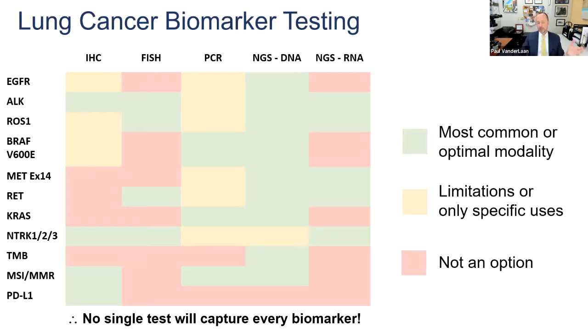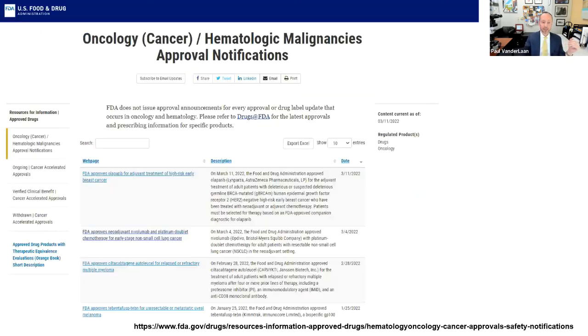And so, even though there is no one single test that will capture every biomarker, really the way that the field has moved is towards large panel-based next generation sequencing panels, and again we'll hear a little bit about that momentarily. So other than knowing what's coming down the pipeline, other than knowing about the NCCN guidelines, which again are updated at a much more rapid pace,